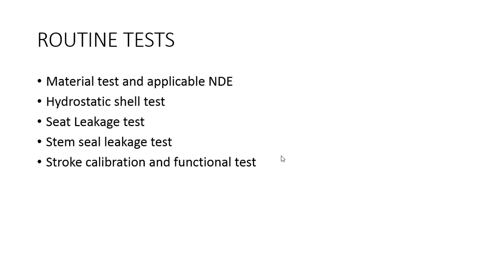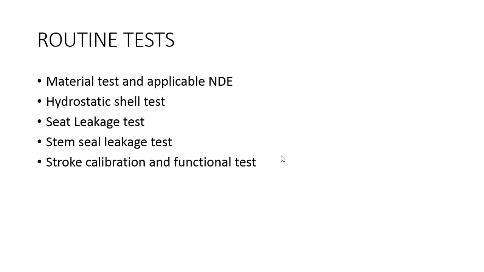Testing pressure, duration of the testing, water quality, and water properties are given clearly in ASME B16.34, API 598 and other applicable standards. Next is the seat leakage test. This is done to check the leakage of the valve and whether it is within the acceptable leakage rate. For control valve, leakage rates are defined as per FCI 70-2.